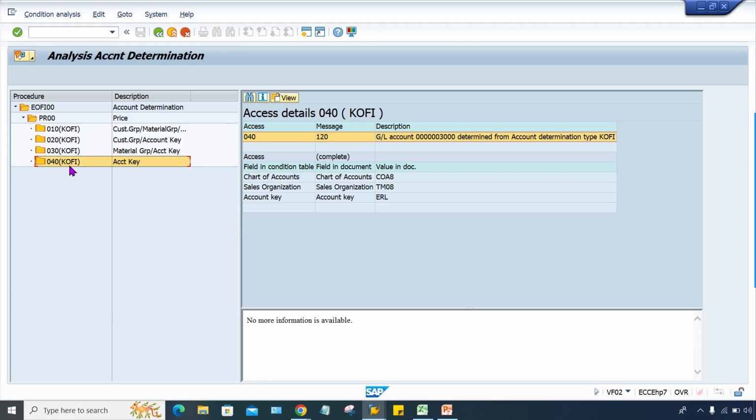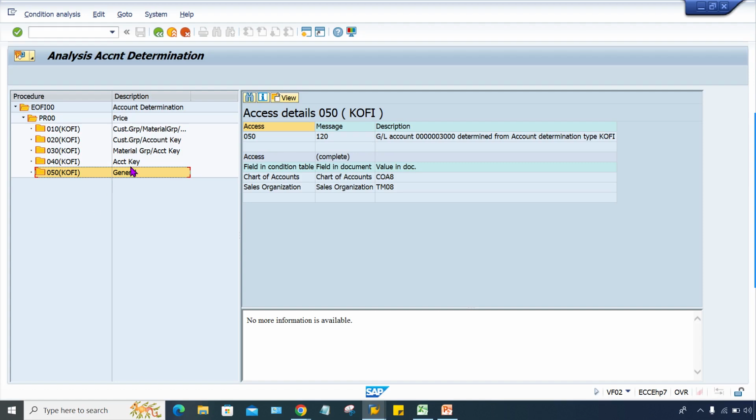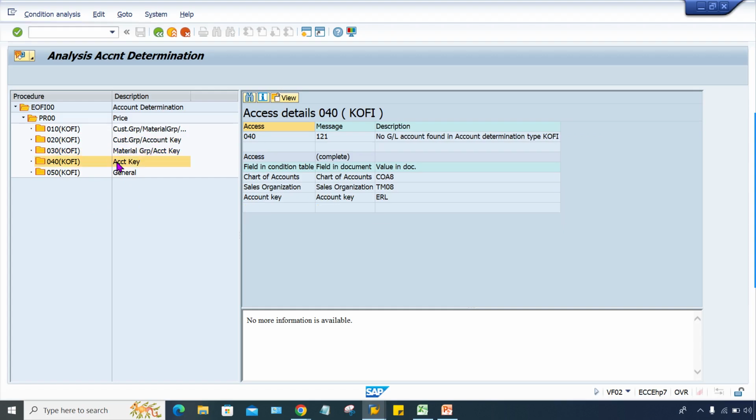Okay, that is what, whatever the previous explanation was there, kindly ignore that. I was also a bit confused, or you can say forgotten. So now here, in this case also, the system is going to check from here. Is it there? The system could not find the GL account against this combination. We have not assigned a GL account against this combination, nor against this combination, nor this combination also. We have assigned the GL account against this combination, and that is why the system was able to trigger the GL